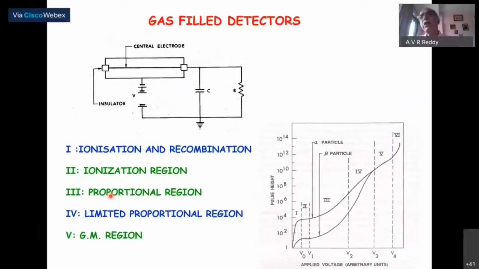Now, I will talk about the gas filled detectors. If you understand these 3-4 slides, it will give you an idea about the interaction of radiation with matter as well as how to get the signal out of it, particularly a term called gas multiplication, and how it can be used for different detectors. The principle of all 3 types of detectors I gave in the earlier table, ionization chambers, proportional counters, and GM counters, can be understood from this simple graph.